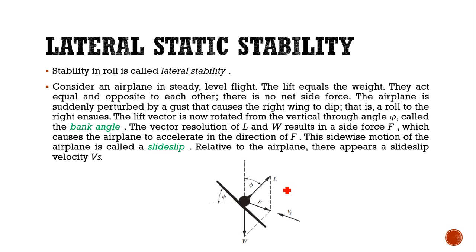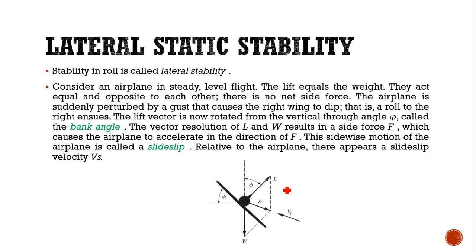Okay. So next is the lateral stability. Lateral stability is about the longitudinal axis. So the aircraft will roll, and because of the roll, the aircraft banks to the port side or banks to the starboard side. So there will be a bank angle. When the aircraft banks, the bank angle increases, and the opposite moment should act on the airplane to correct the bank angle, or to trim the bank angle,